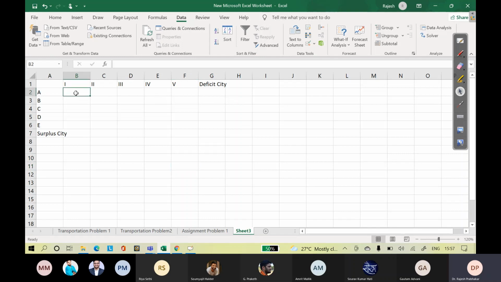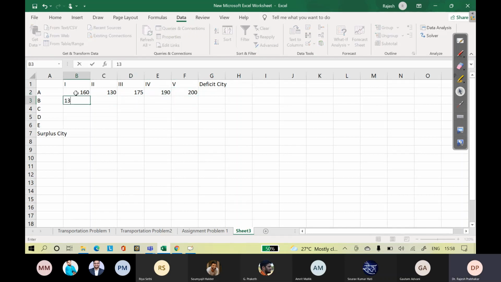So let us see 160. The value is 160, 130, then 175, then 190, then 200.